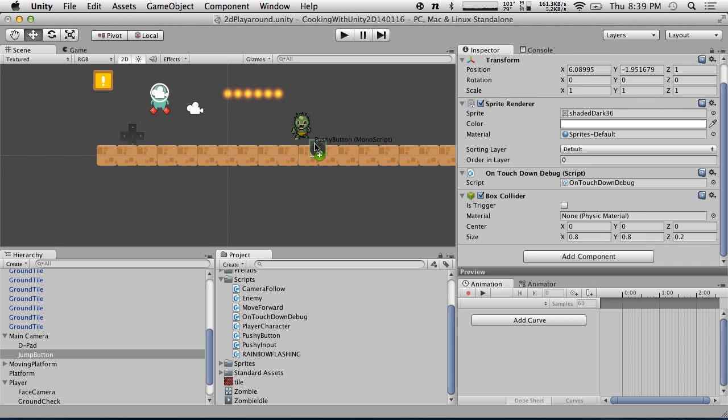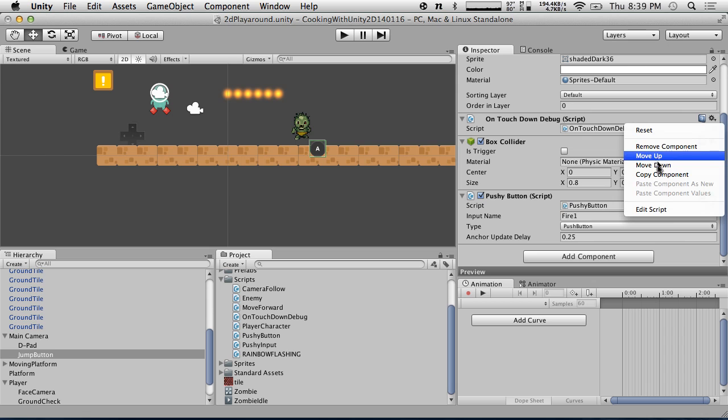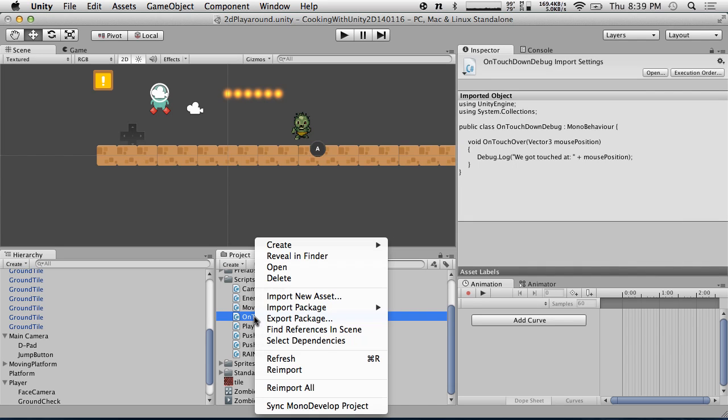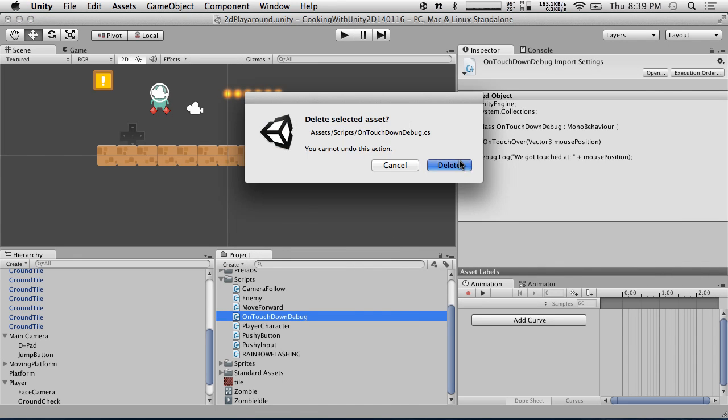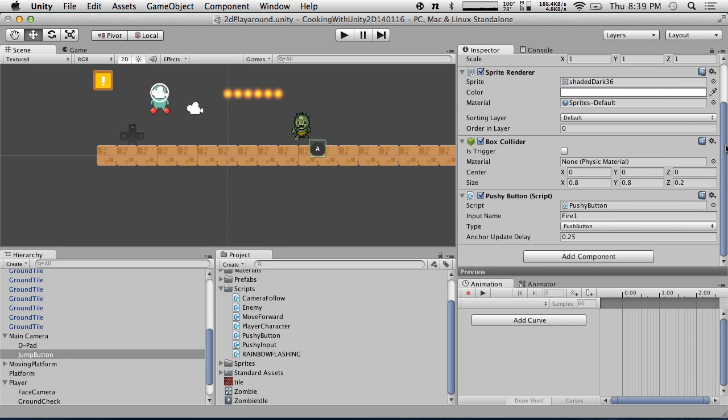Pushy Button. I'll just do it onto the scene. Why not? So up here, we don't need on touchdown debug. I'm going to delete this. Remove component, and we don't really need this anymore, so I'm going to delete it. So A button now has a Pushy Button, and the defaults actually already are enough for us to, oh, why